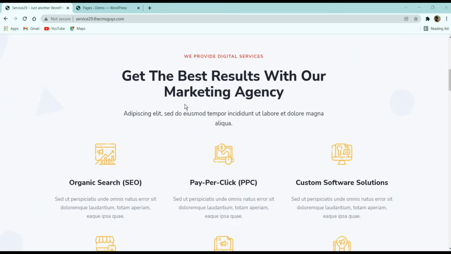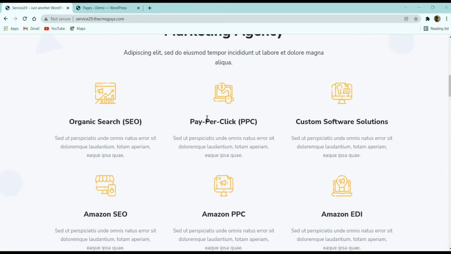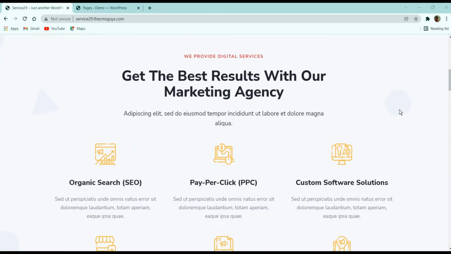add one background image to your section. As you can see, in this section we have a background image here. So in this video I am going to tell you how you can add that background image to your section